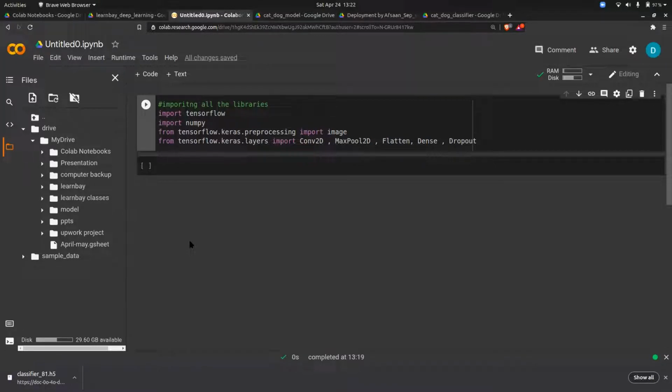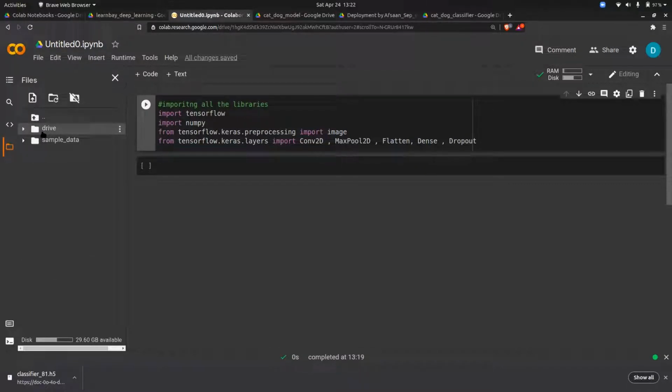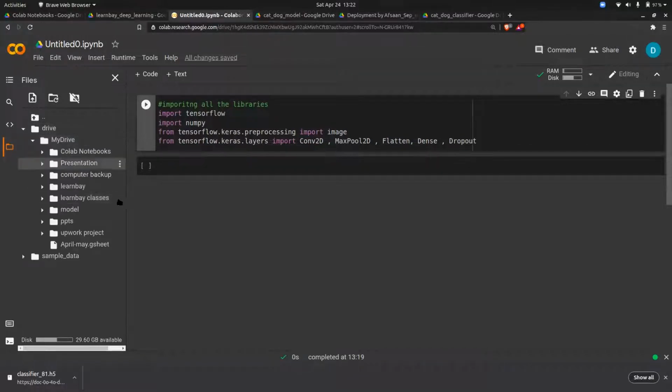Sorry, Afshan, I missed that. Where is the mount one? This folder one. This third icon, you can see where the Google Drive icon is made. Click on that and you can see one drive folder getting attached to it. This is nothing but Google Drive. Got it. So when you expand this and expand My Drive, you can see all your Google Drive folders. Got it.